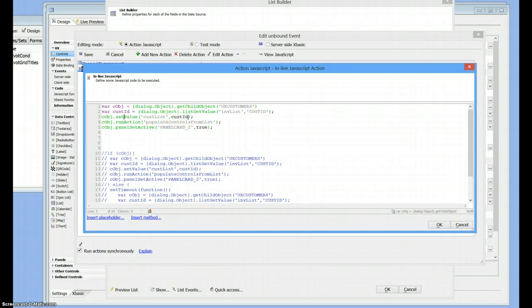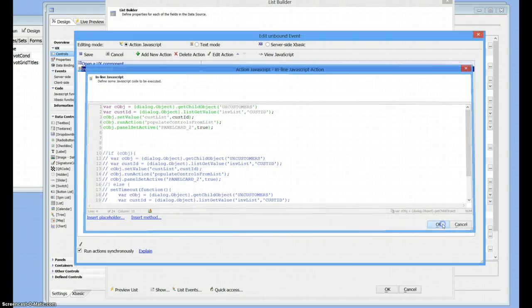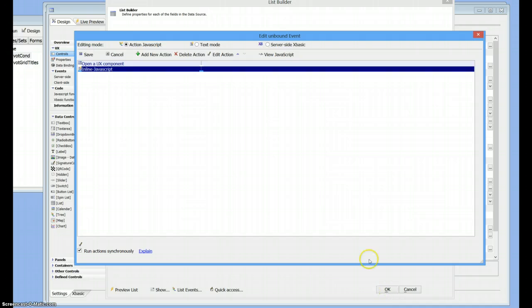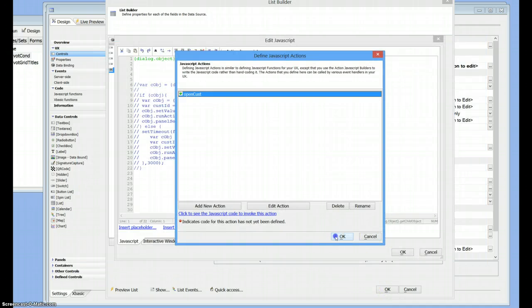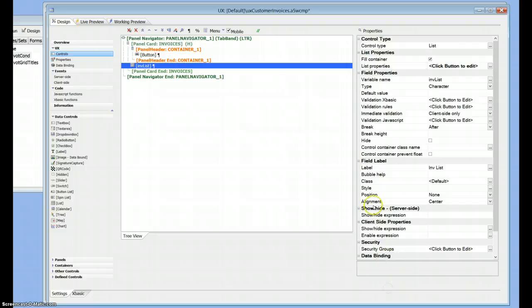So now we are in the child customer list, we've set its value, and now we're going to go and run the action to populate our detail stuff from the current value, and then we're going to go and move to the second panel card once again. Close that up, save that. So what that means when we run this,